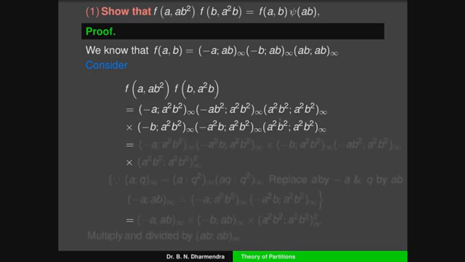So then we can collect the terms, the first two terms: minus a square b square infinity, here minus a b square b square infinity. Here also the second term, grouping the terms, is minus b square b square infinity, minus a square b square infinity. That is equal to, we can group like this, minus a square b square infinity into minus b square b square infinity minus a b square infinity.